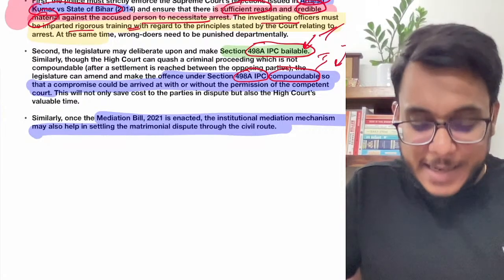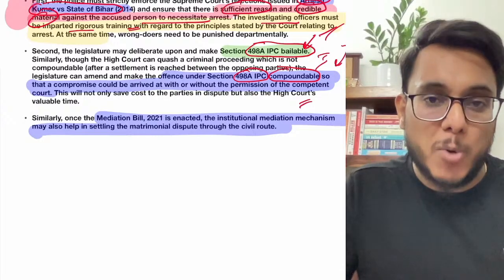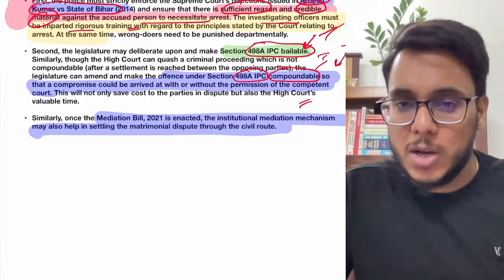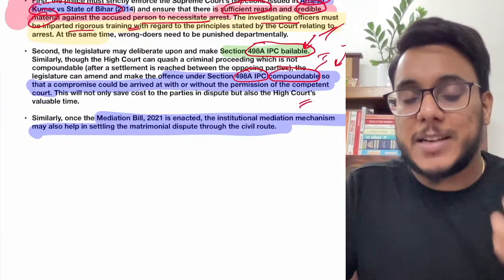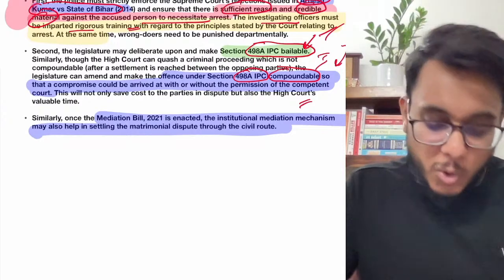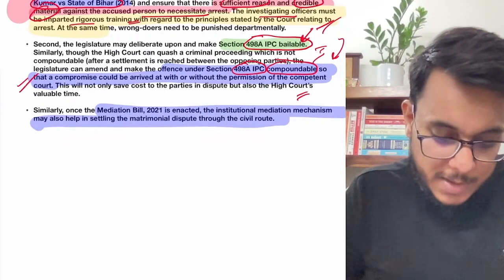So 498A of IPC should be made a compoundable offense, where the people, if they want, should be allowed to compromise. It will save time, it will save the effort of the courts. This is something that has been provided. After that guys,